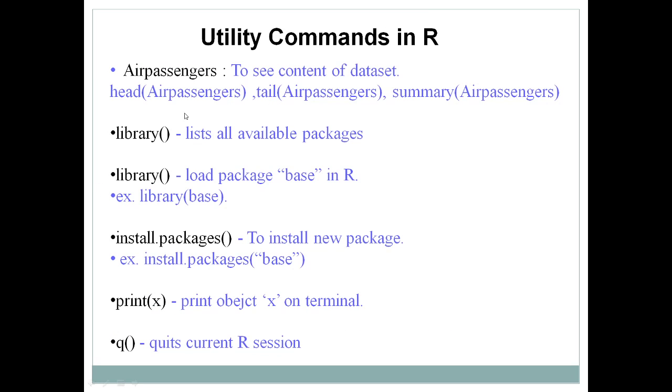Then suppose I need to check the first rows, the top rows from the AirPassengers dataset. I can use the head command. So head in brackets AirPassengers shows me the top rows from that dataset. Similarly, suppose I need to display rows which are present at the bottom. For that purpose I need to use tail. Its terminology is the same, head and tail, as the names suggest. Then another command available is summary. It will summarize how many records are there, how many columns and attributes are there, so the number of records present in that particular dataset.